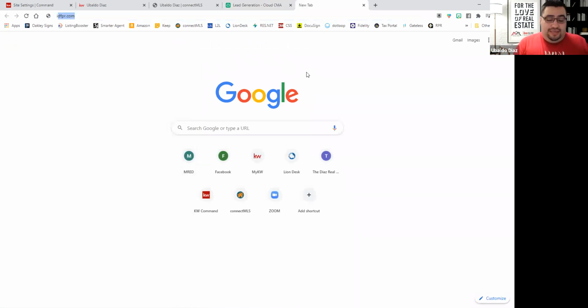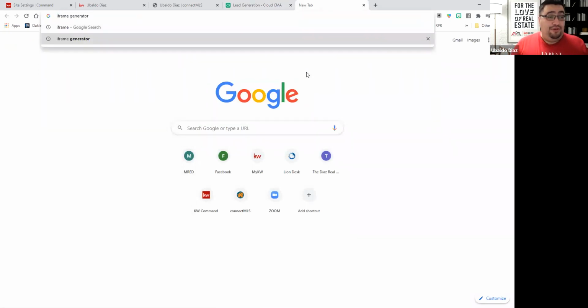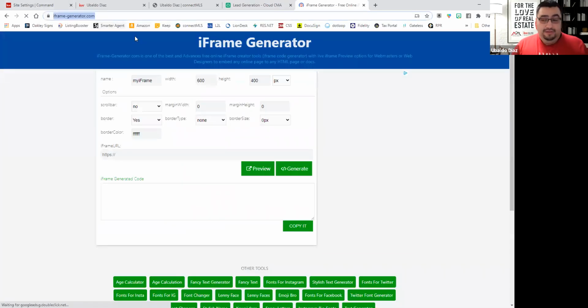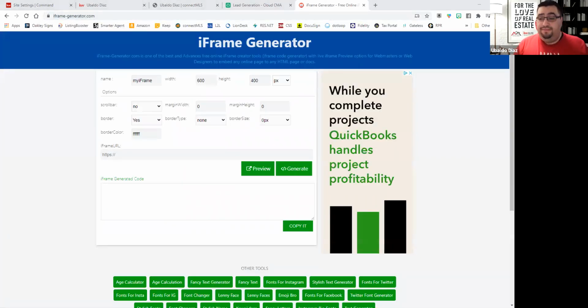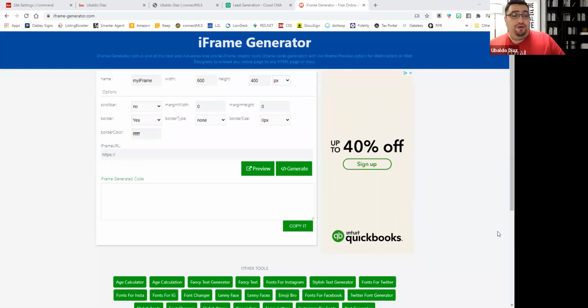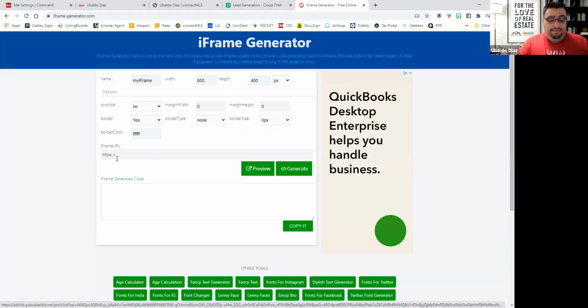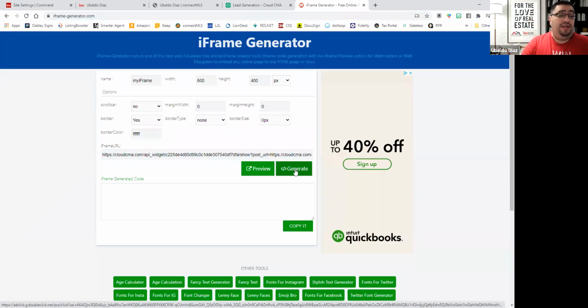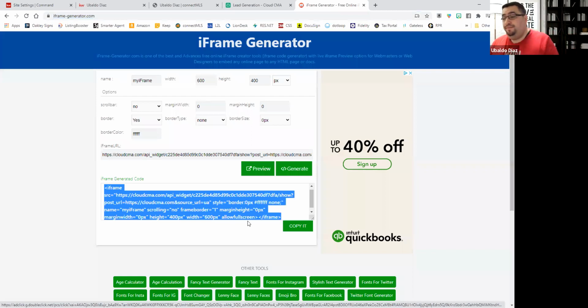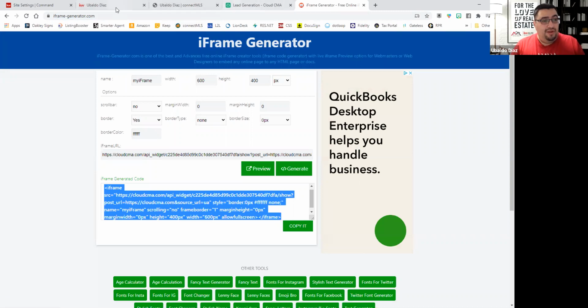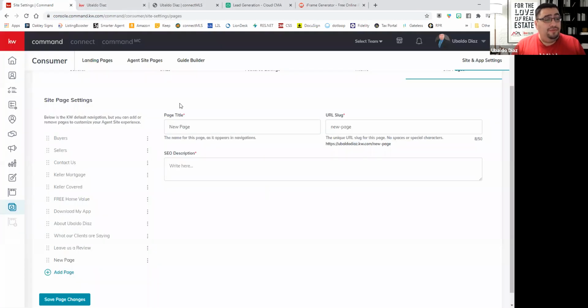So I go to this iframe generator. You can see I use it a lot. It just pops up, and it's iframe dash generator. I'll click on it, and then I'll put the link in here. Here's the link to the iframe generator. Put it in your favorites and bookmark it. All I'm going to do is copy this link from Cloud CMA and paste it right here, and it's going to generate this code for me. And when I copy that code, I will simply go into